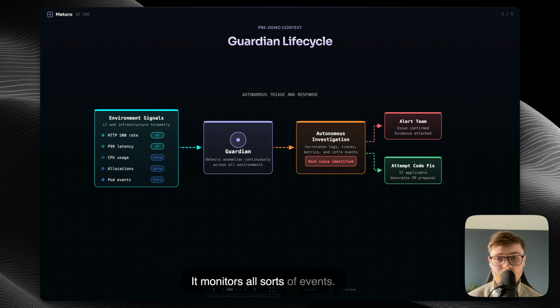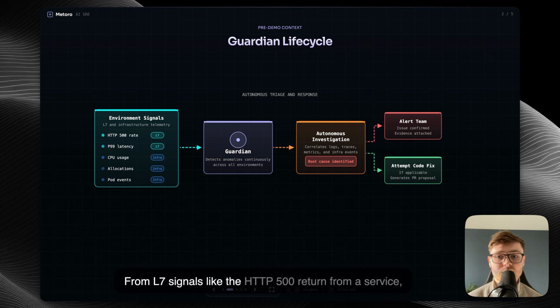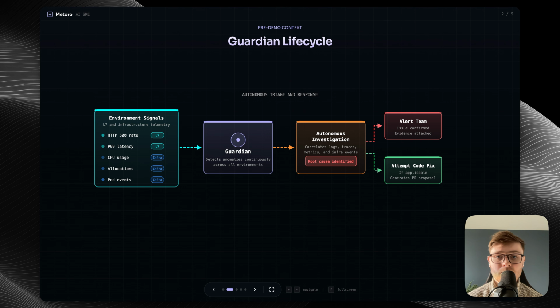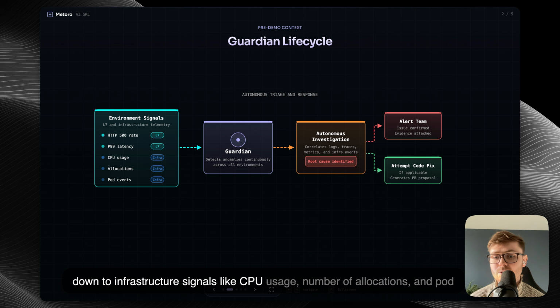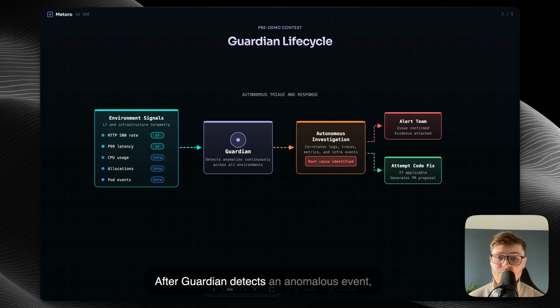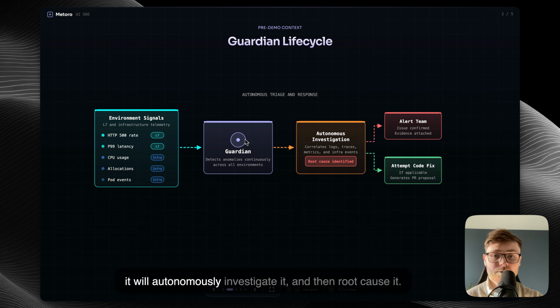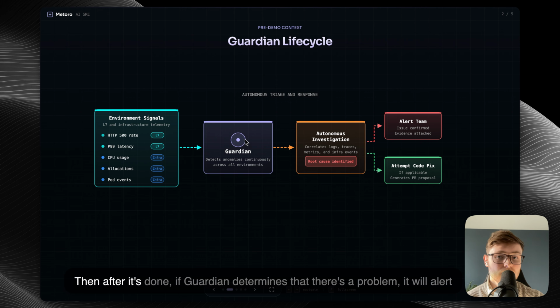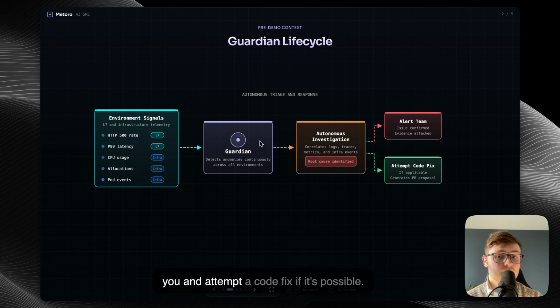It monitors all sorts of events, from L7 signals like the HTTP 500 return from a service, P99 latency, down to infrastructure signals like CPU usage, number of allocations, and pod events like ooming. After Guardian detects an anomalous event, it will autonomously investigate it and then root cause it. Then after it's done, if Guardian determines that there's a problem, it will alert you and attempt a code fix